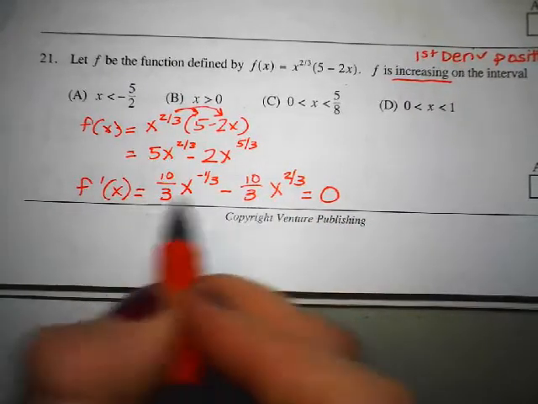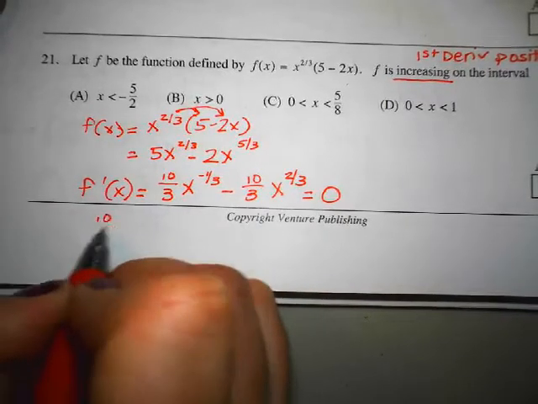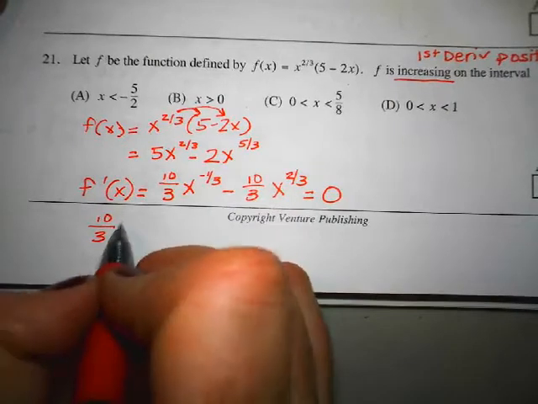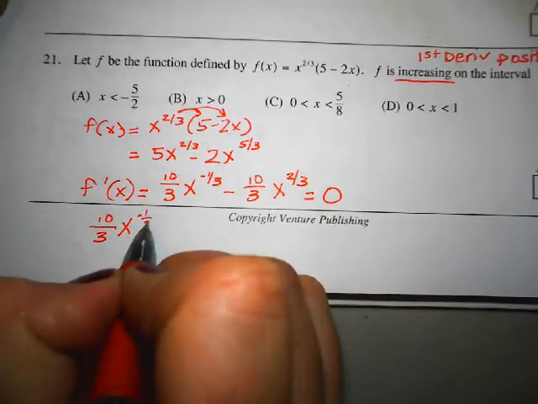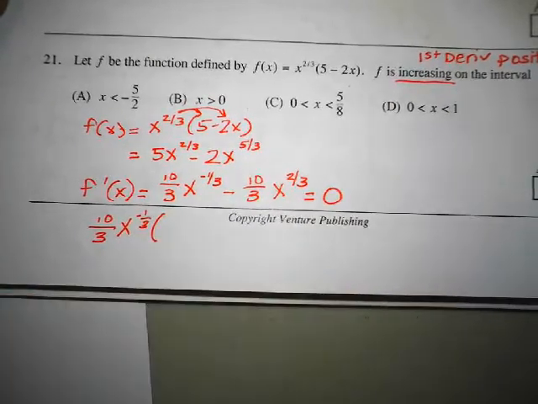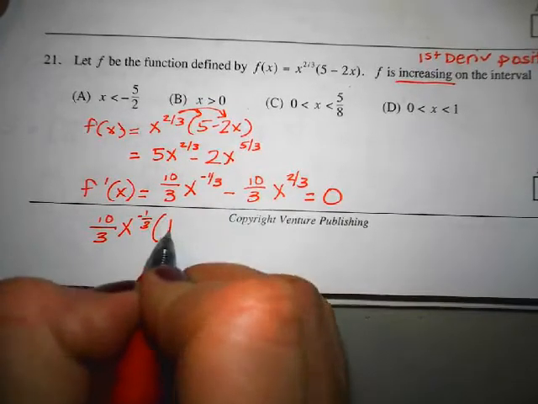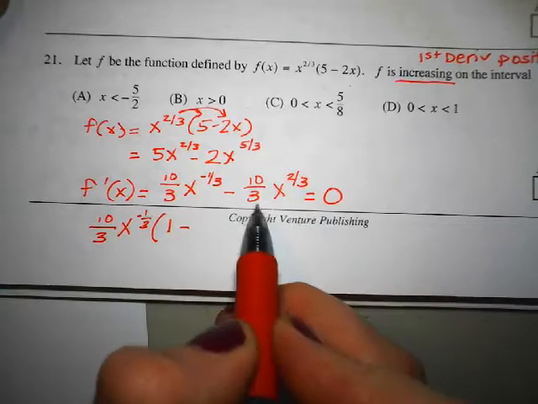I can factor out from both of these a 10/3, and there's actually more I can factor out. They both have an x in them. I'm going to take out the smaller x, which is the x to the negative 1/3. If I factor that out here, I factored it all out, I'm just left with 1, minus, here the 10/3